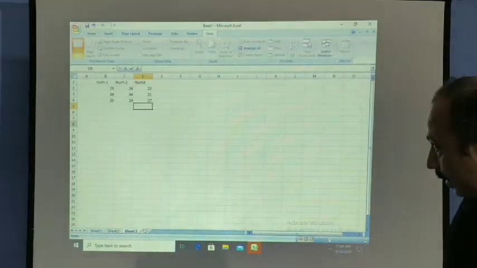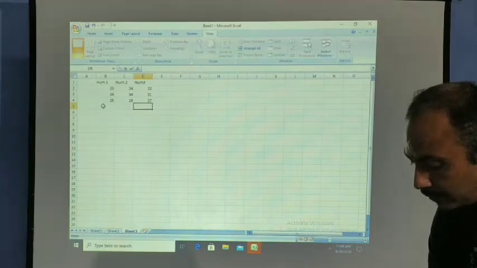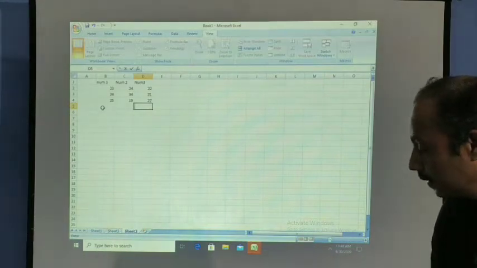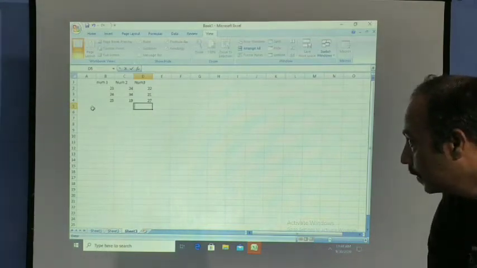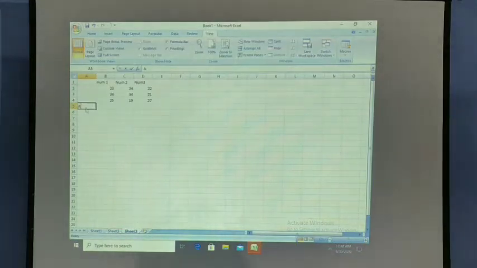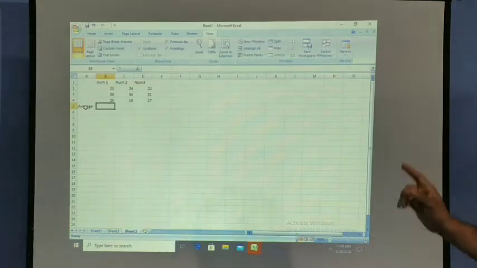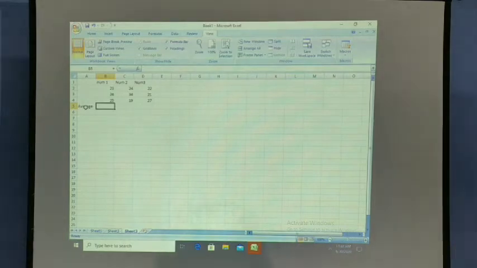Now see, if I have to find the average, what formula do I have to write? I want to take the average of these numbers, so here I'll be using the relative referencing. I need to write equals to, now what is the address of this cell?